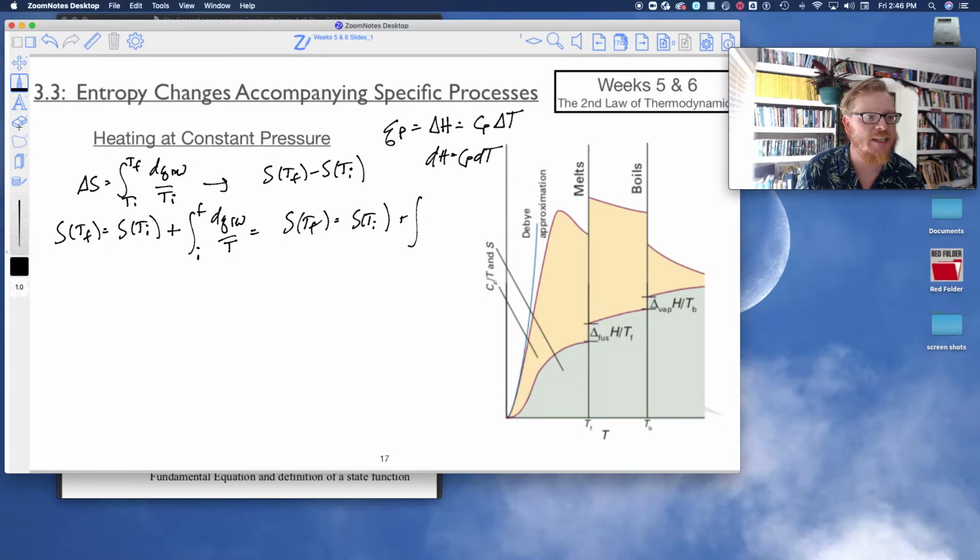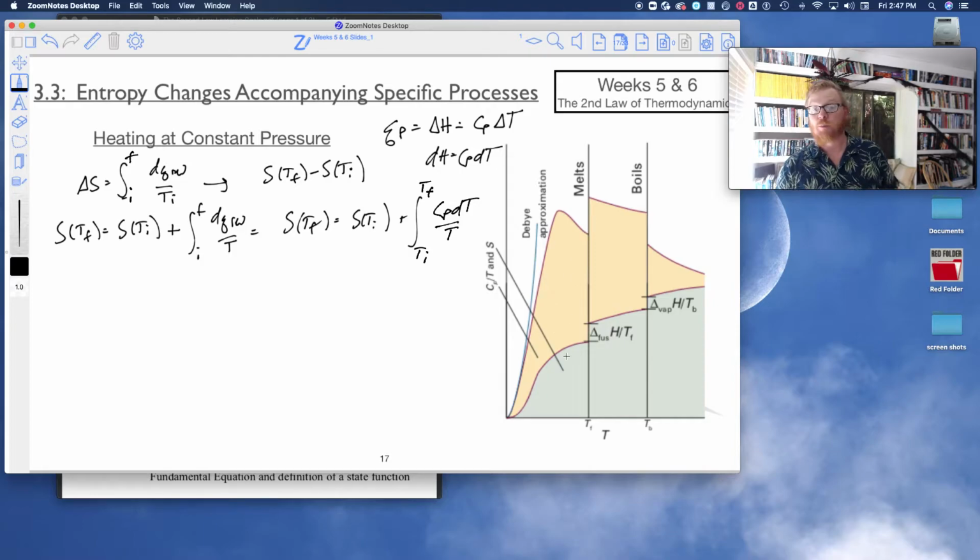so I wrote TI-TF, that's technically not correct, right? It should be QI-QF, so I'll just write IF here. But now I can replace this whole expression with Cp dT divided by T integrated from Ti to Tf, okay? And now I haven't specified what my initial temperature and my Ti or Tf is, but if you look at